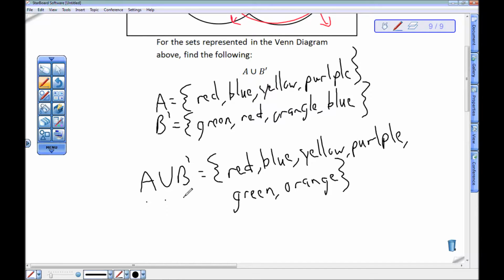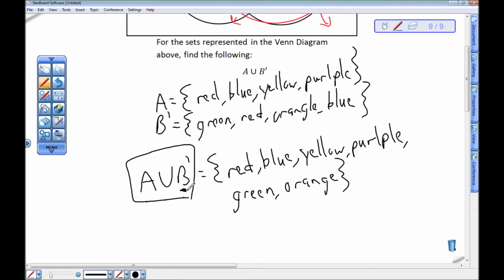Couple quick extra notes. When I look at this, I have to do the complement of B first. Complement is a unary operator. It only acts on one thing. You can think of it like an exponent, or like a negative sign when we're dealing with arithmetic and numbers. Complements come first. They're strong. I'm only going to take the complement of what it is attached to unless there are parentheses. So here I take the complement of B, and then I union that with A.